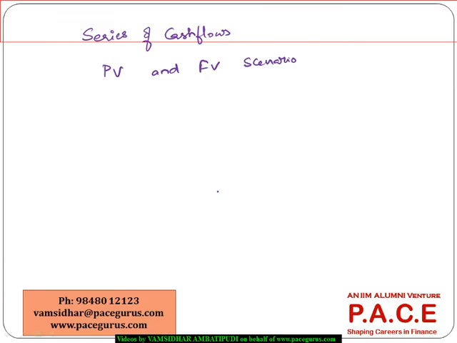So basically, either I compute the total future value and then discount that total to the present, or if I compute the total present value and compound it to the future, both of them will give me the same result. But the most important point in all these situations is the cash flow additivity principle,